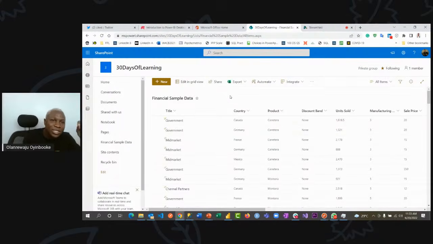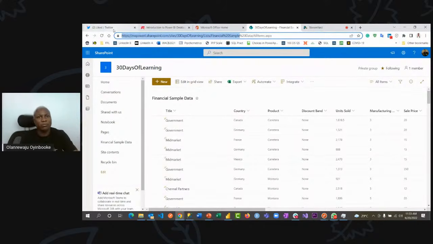First, you need to know the SharePoint list name and the URL. So from this address, you can see the list name is sample financial data. If I copy everything here, sample financial data. In fact, if you copy all of this